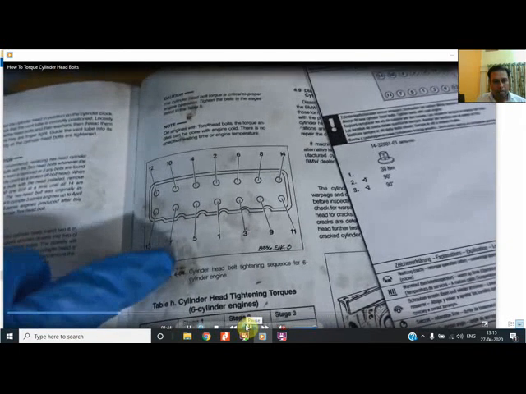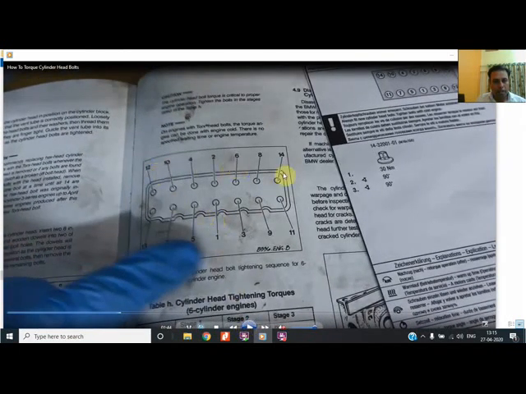So firstly we will go through the manual. This is the BMW manual, and in this you can see the cylinder head. These many holes are there, 1, 2, 3, 4, 5, 6, 7. The 14 holes are there, and their tightening sequence is also given, because we have to tighten from the center to the outwards, and that also in a diagonal way.